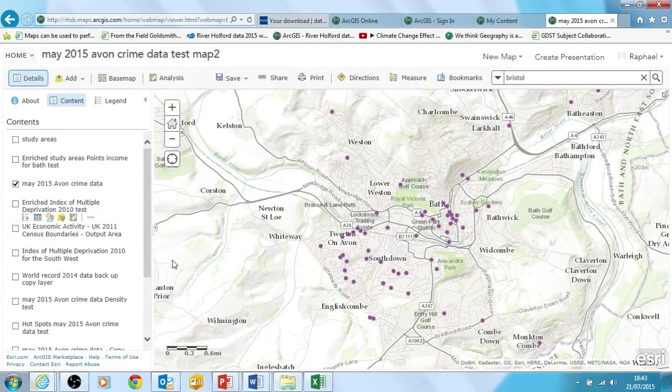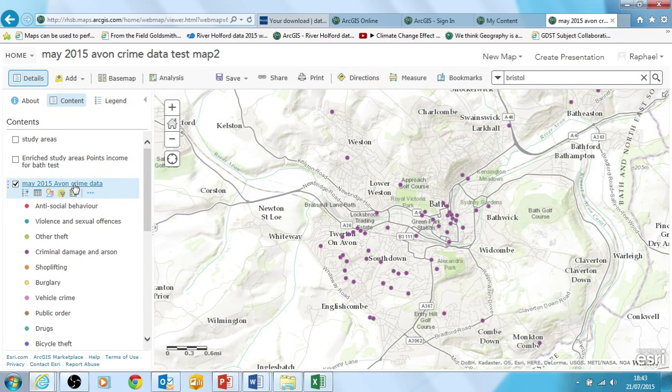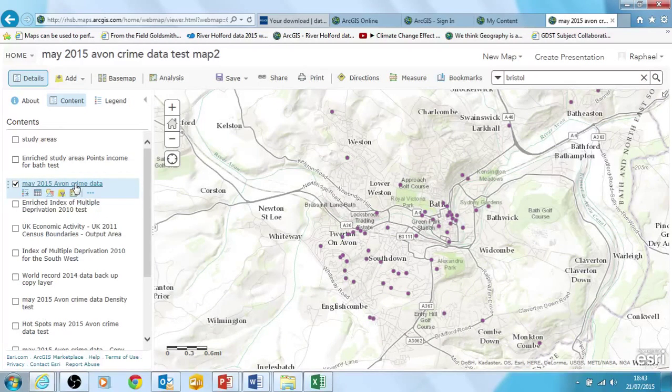So we've got a map here, we've got crime data, we might filter crime data. This one's just showing criminal damage and arson, for example. Let's say that's what the study is that we decided to focus on, to see if there's a reason why criminal damage occurred in certain parts of a city. That would have an interesting geographical component to it as to what particular factors encouraged it